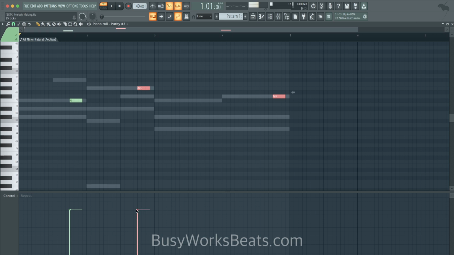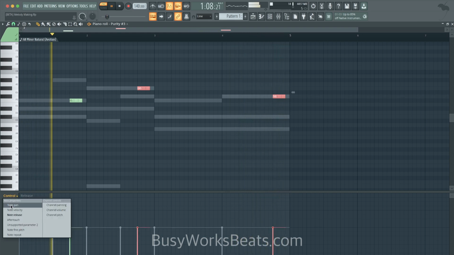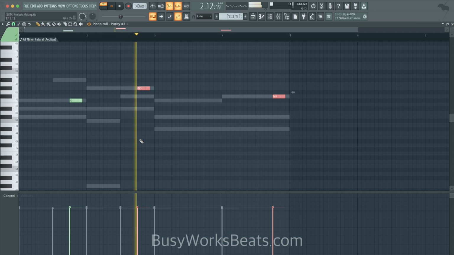Shift has changed. Okay, they must have done a different function with Shift, which is interesting. Okay, anyway, just left click and try to eyeball it to match. This is considered one note, so the velocity is going to be the same.